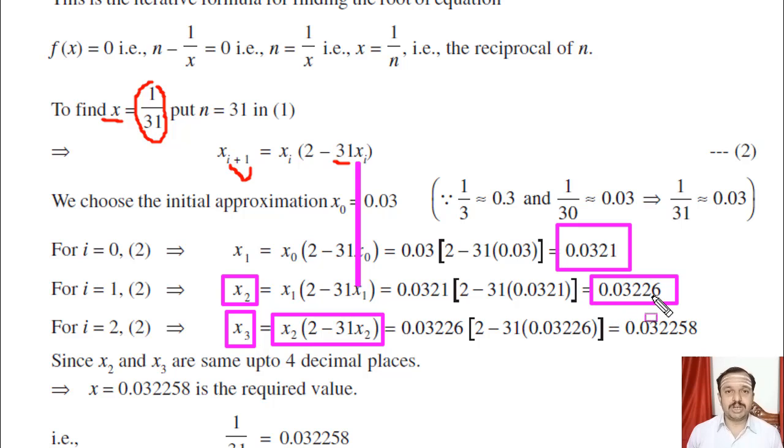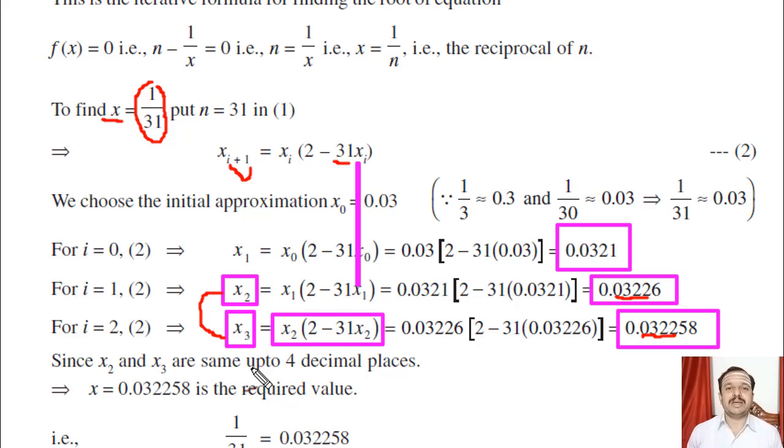0.03226, and substituting this and simplifying this entire right hand side using the calculator, the final answer for x3 is going to be 0.0322. You can observe up to 4 places of decimal: 1, 2, 3, 4. Up to 4 places of decimal, the two values x2 and x3 are the same. So we got the solution correct to 4 decimal places, and therefore we can stop at this